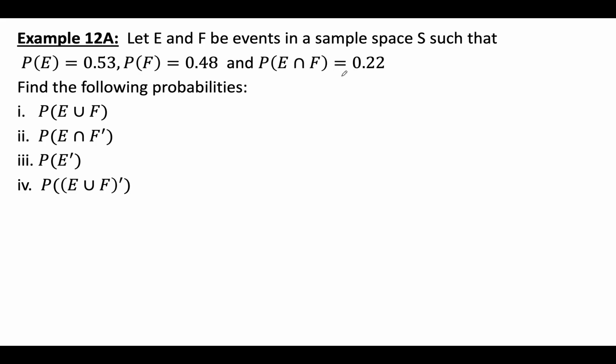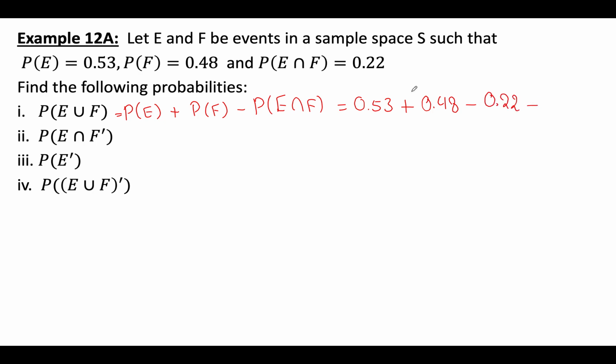Now, in order to find the probability of the union, we say that the probability of E union F is equal to the probability of E plus the probability of F minus the intersect, which is E intersect F. So here we got the probability of E is 0.53 plus the probability of F is 0.48 minus the intersect, which is 0.22. If we add those two numbers, minus 0.22, I'm getting at the end, this is equal to